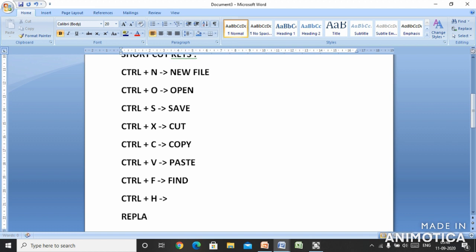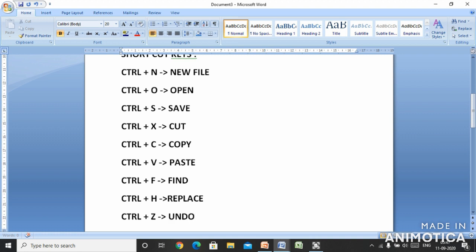Sorry, the cursor has come down. Control plus H is used to replace any text. Then Control plus Z is used to undo any action.